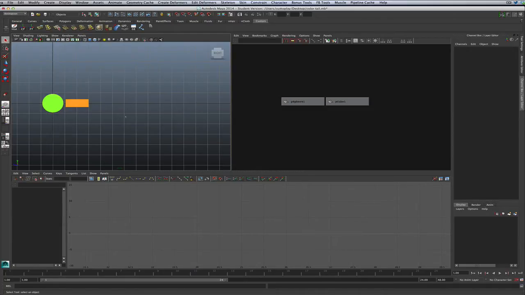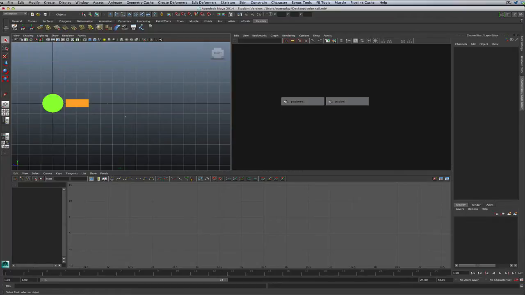So, animating pendulums. I wanted to do a couple of quick demos, a couple of different ways you can animate these things, and I think each one's useful depending on what your performance is supposed to accomplish. This is sort of that swimming critter thing that I did the other day in class. I wanted to demo it, but we ran out of time.